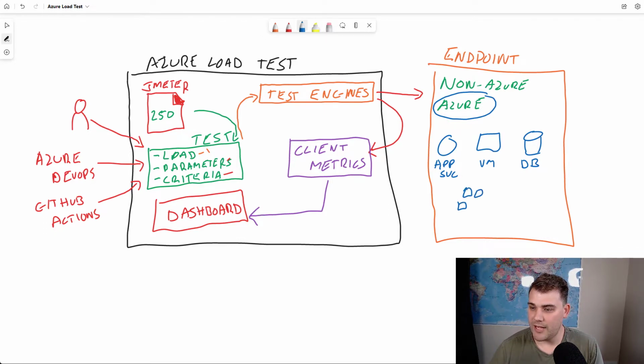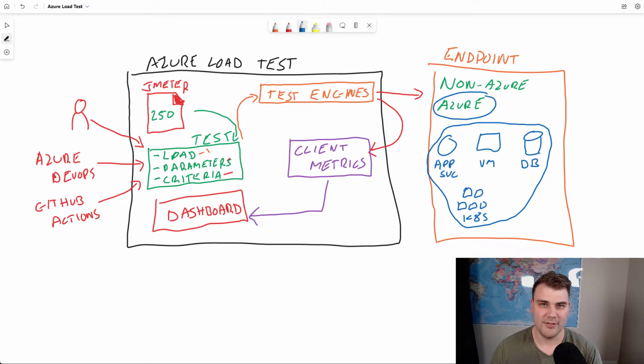You could have a container-based solution, maybe something like Kubernetes or Azure Container Instances. It doesn't really matter at this point in time. The main point is that all of these resources here are hosted across in Azure. Now, one of the benefits here of the Azure Load Test service is it is, of course, Azure. And these resources over here,